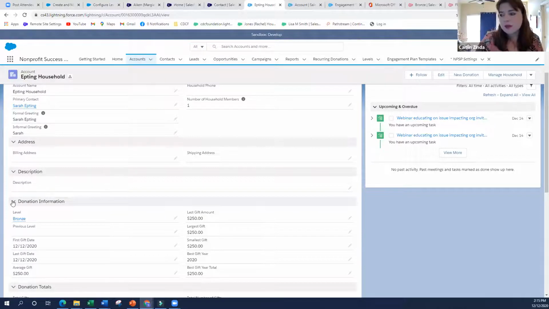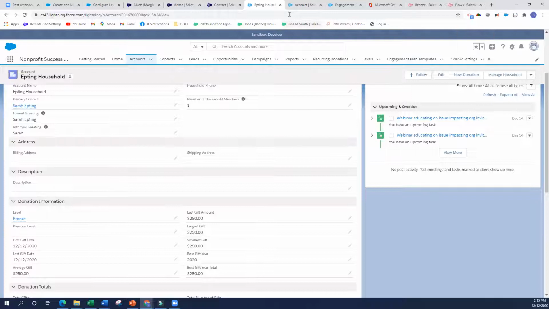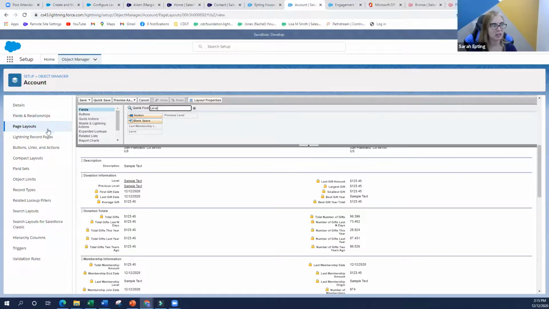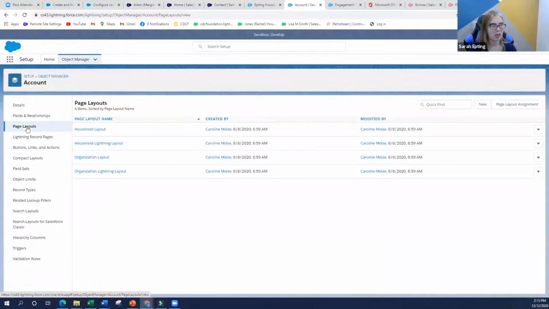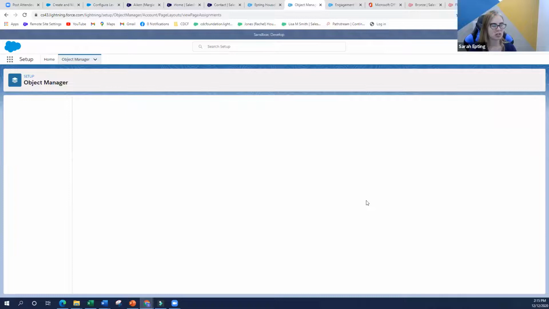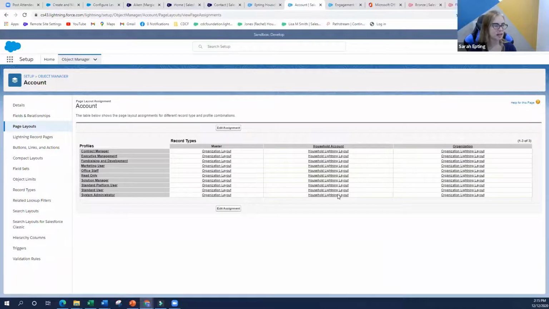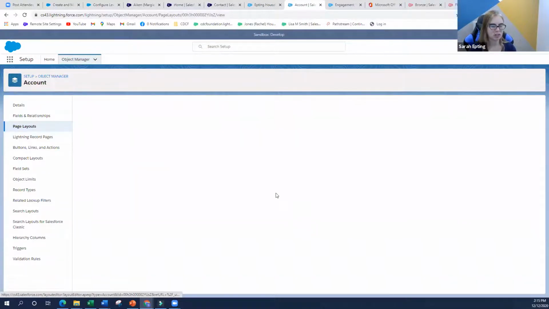Yeah, mine doesn't have that. That's what's weird about this, is mine doesn't have that. I don't have that either. Neither does mine. So I would go to the account and page layouts and click on page layout assignment and just make sure that you edit the layout that you are assigned as a system admin. So make sure that it is whichever,